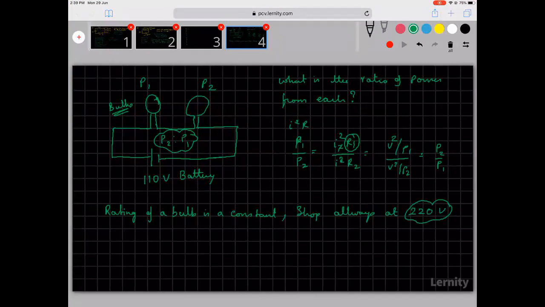I am not talking about the potential in this circuit. What is changing is the potential in this circuit, and I am not at all concerned about that. I am only worrying about I squared R. So when I write V squared by R1, that V is not based on I. I am only writing about R1. What is R equal to? V squared by R is equal to power, so R is equal to V squared by P. And this V is equal to the standard voltage. Now, what is the standard voltage? The standard voltage is 220 volts. So that is what I am trying to say. Okay.